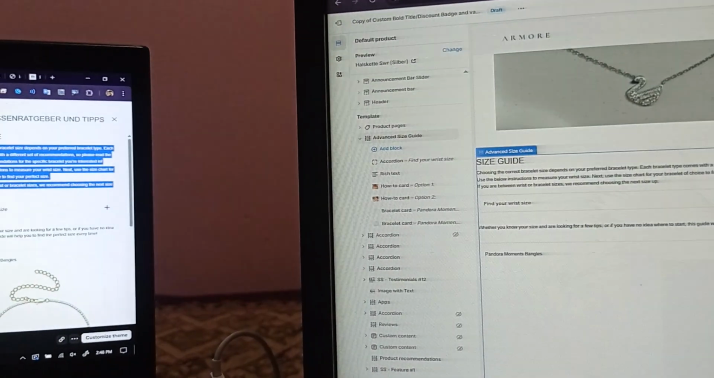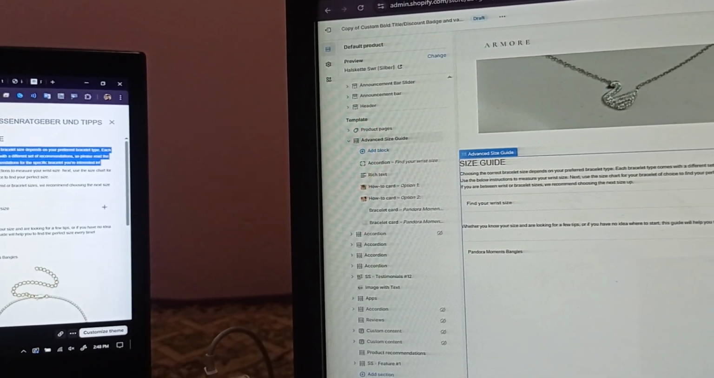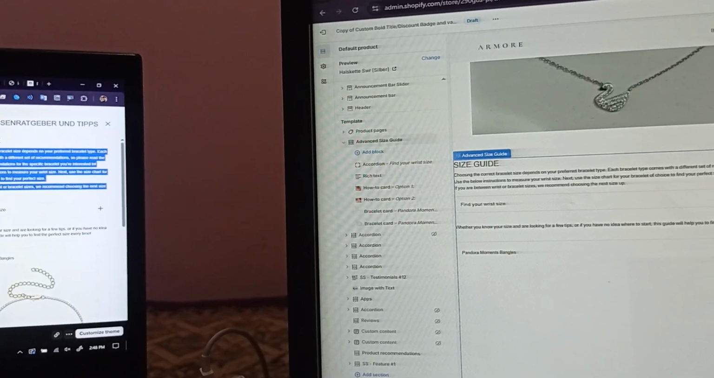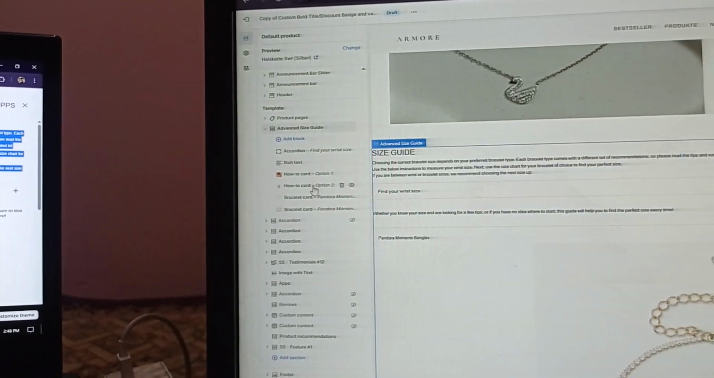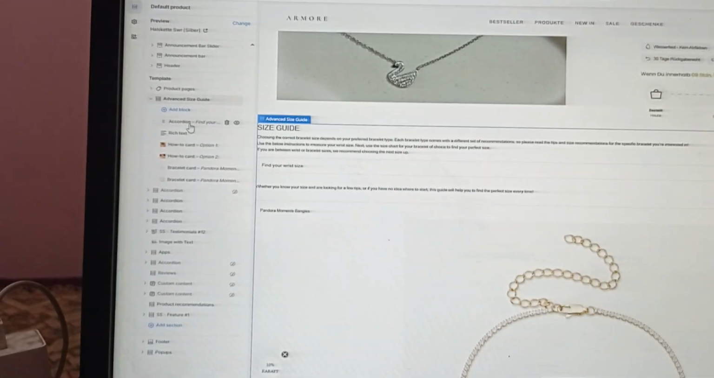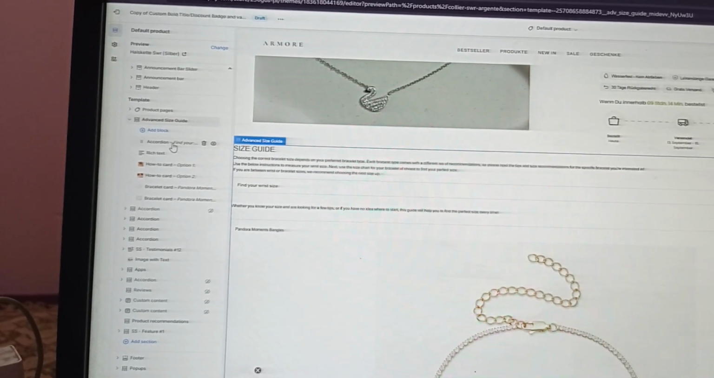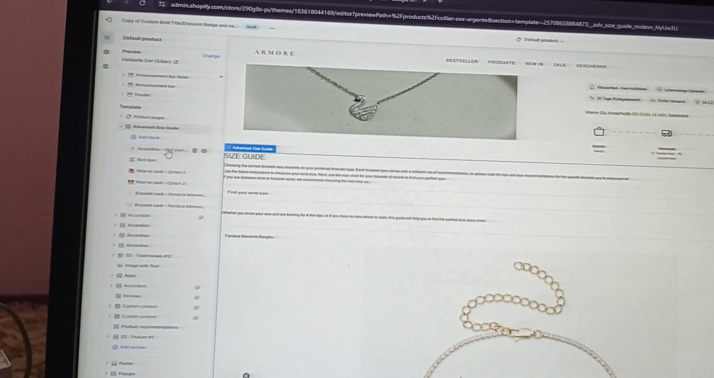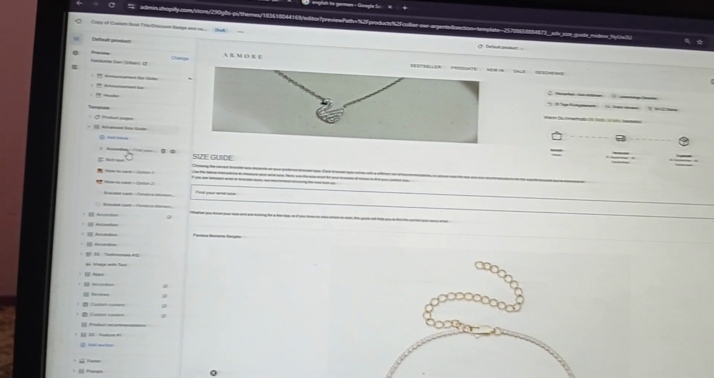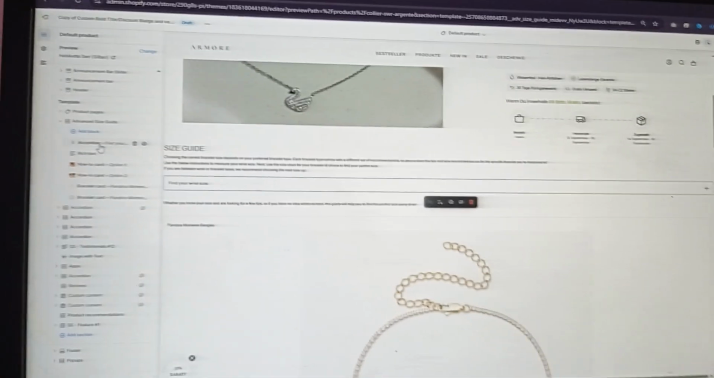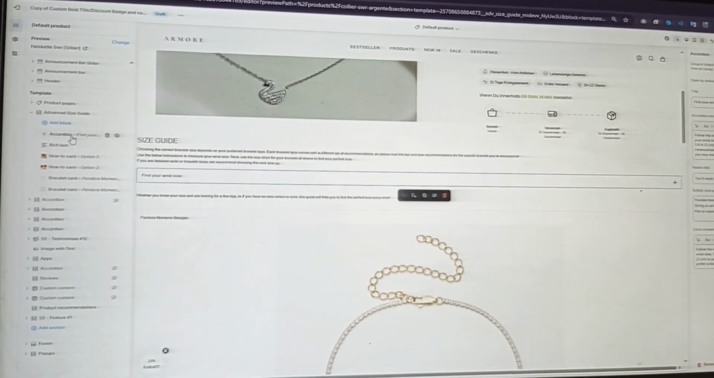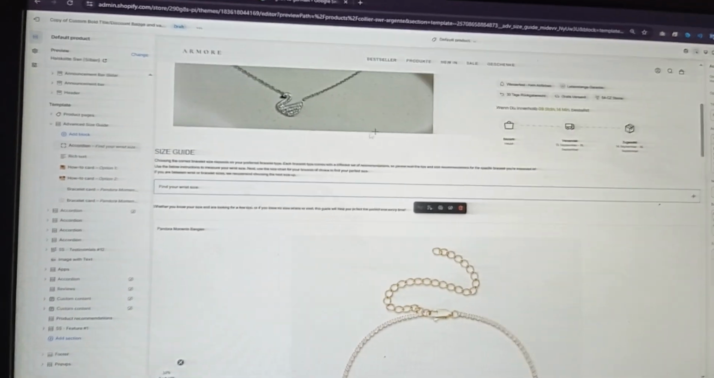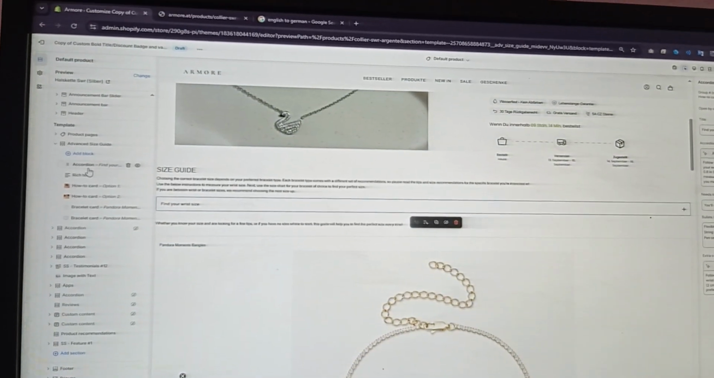We have added size guide. You can change the language later. So right after, I have added an accordion block. It's basically about the tips we can add. You should add at least one tip for a product. Okay, so